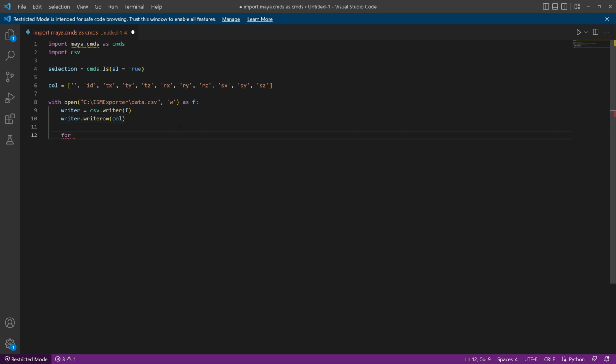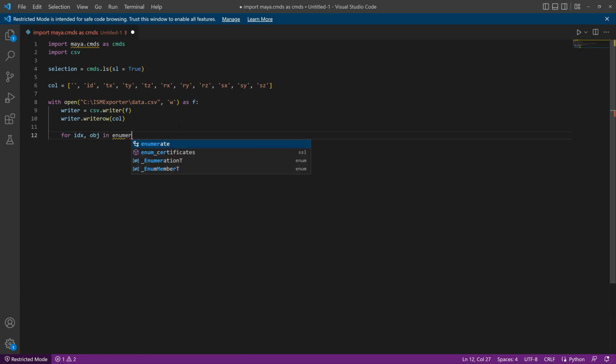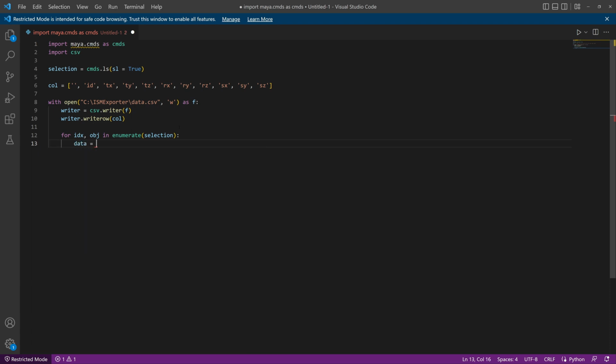And then what we're going to do is a loop. So for index, object in enumerate, we're going to enumerate through our selection. And we'll make a variable called data that will hold the data that we're writing out. That's me just defining it, so data equals some sort of list. And then I'll do data.append, so I'm appending data to that list. We're going to append idx for the numbering of the first row, then the index, and then